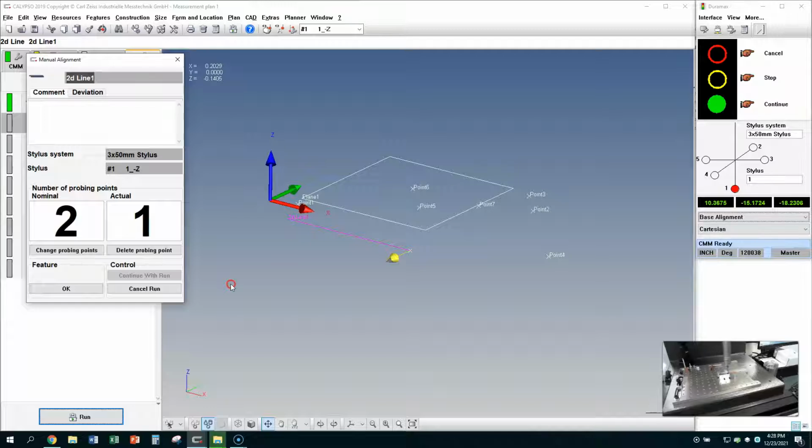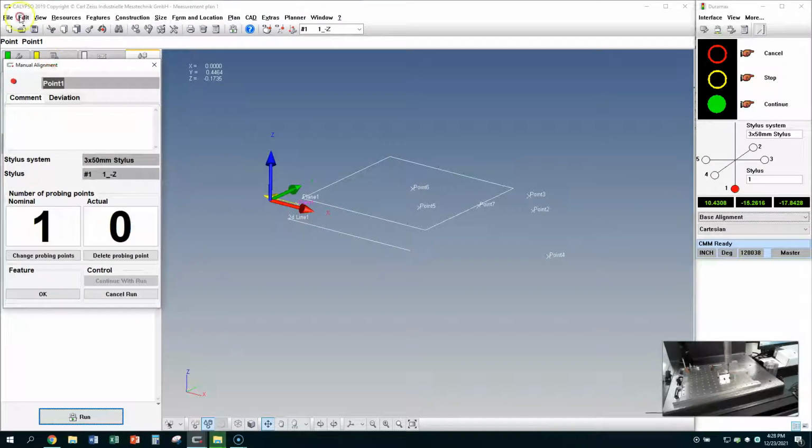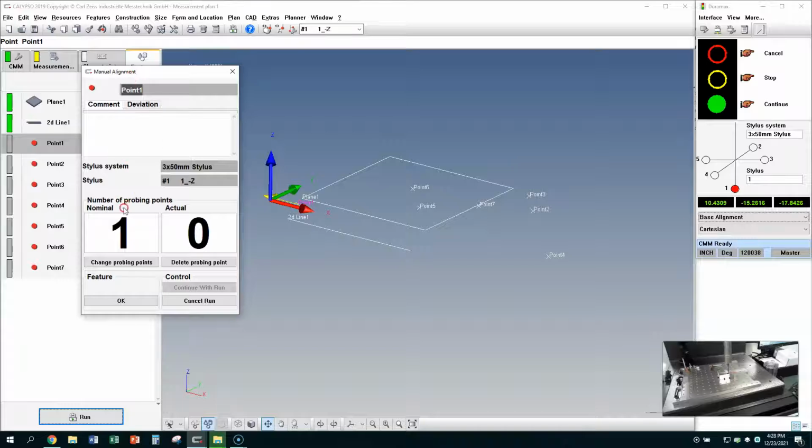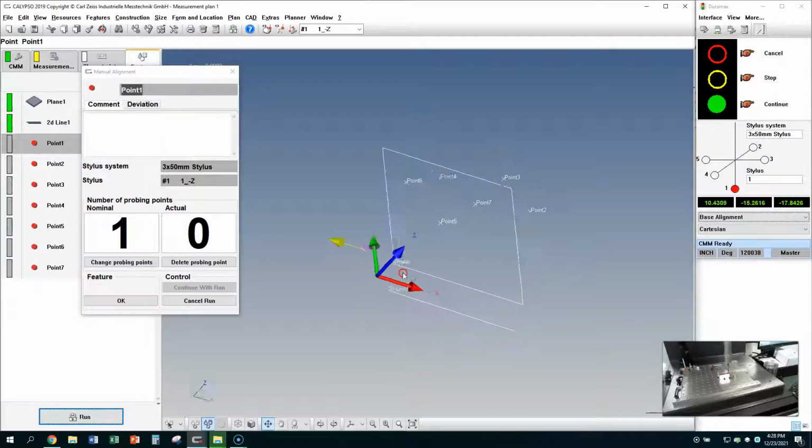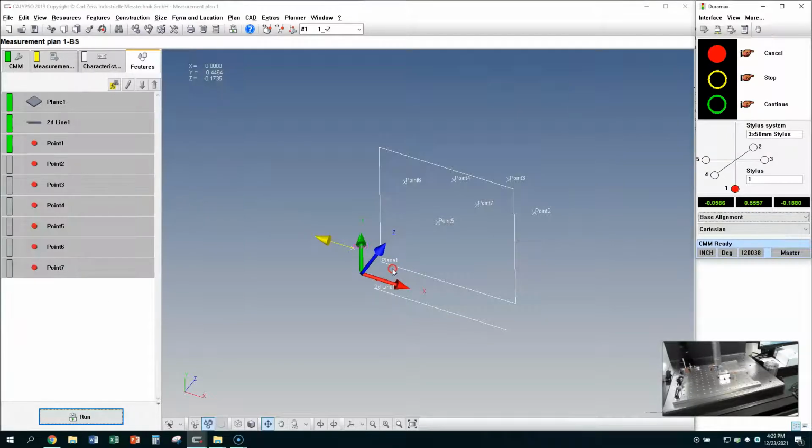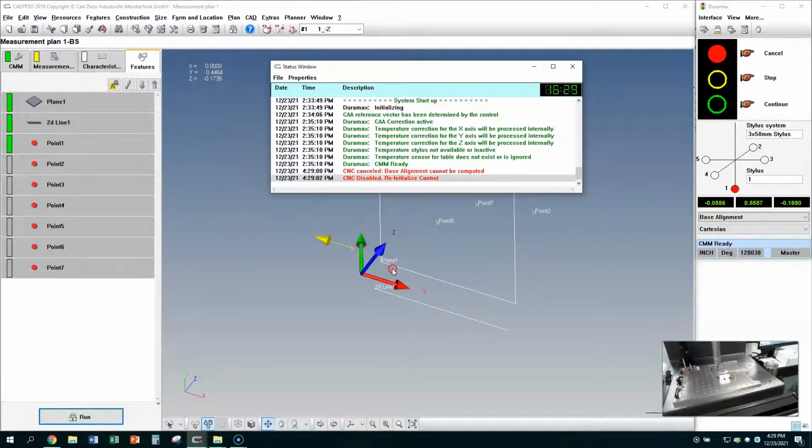So there's point number 1, the graphic updates. We'll come over and touch point number 2. And the manual alignment window changes again. We are now looking for 1 point on the left side of the part. So you'll notice that this is replicating the automatic alignment or base alignment that we set up when we initially programmed the part. Now, right now, this says canceled, base alignment cannot be computed, and we have a red stoplight